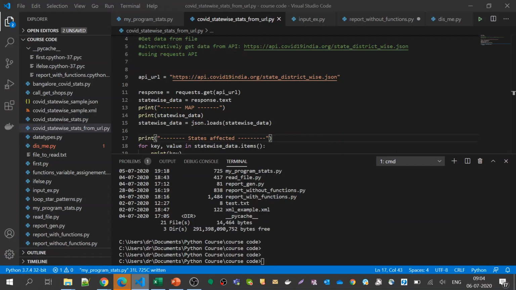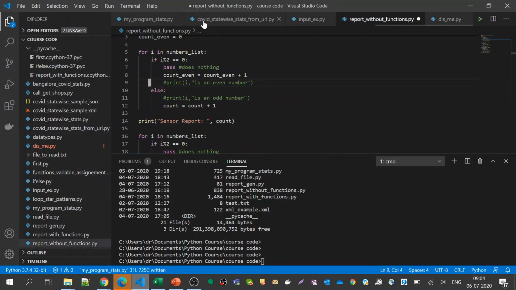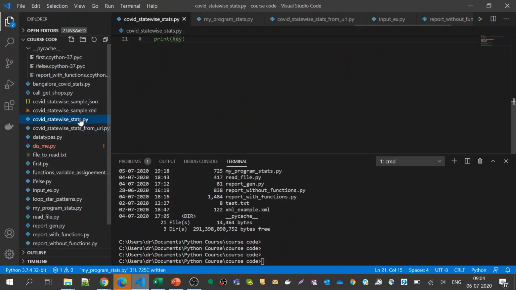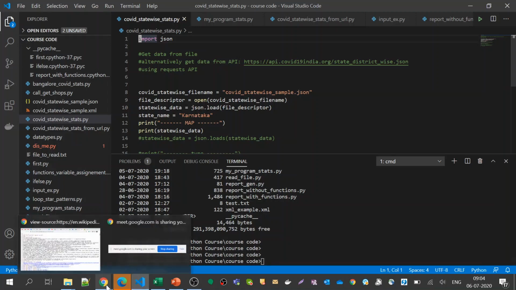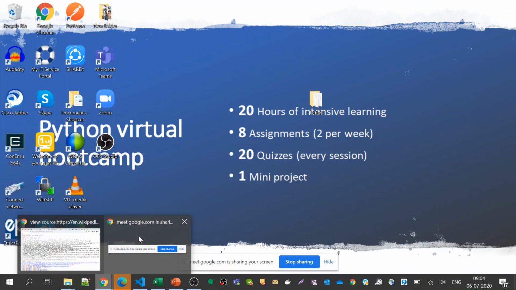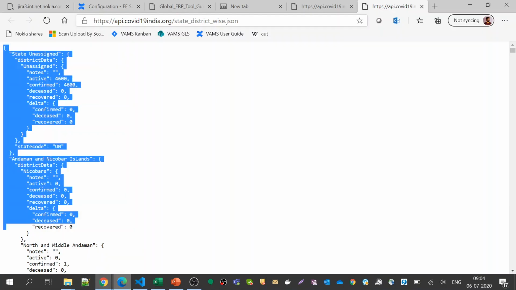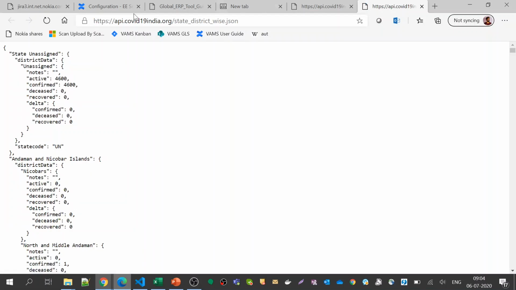So let us look at how to parse the data. I already wrote a small piece of code. What I did was, you'll get a URL, I'll send you that URL. You go to this URL, you simply put that in this URL box, then right click, and then do save as.